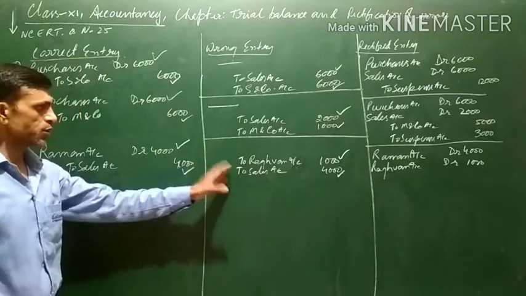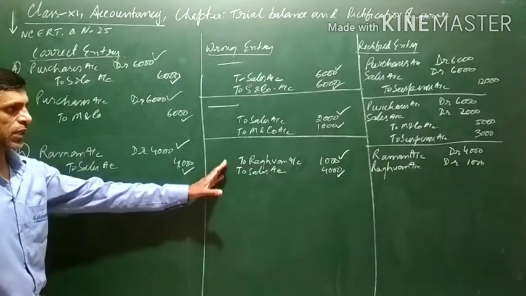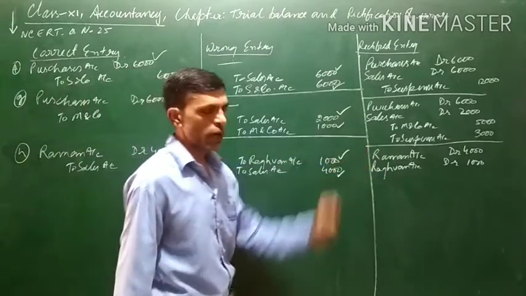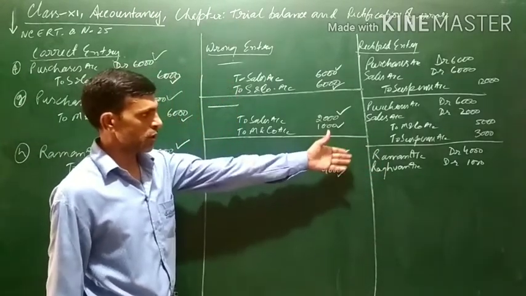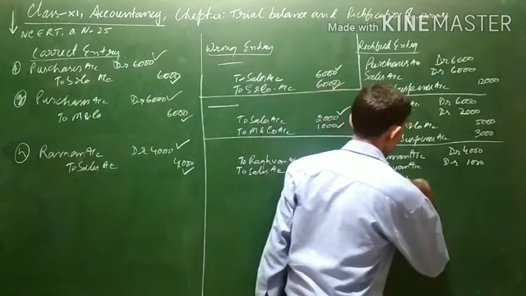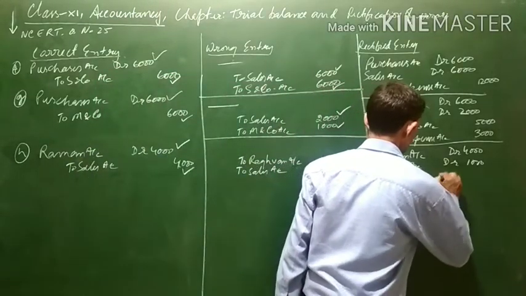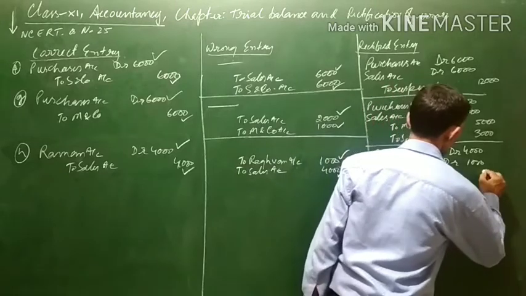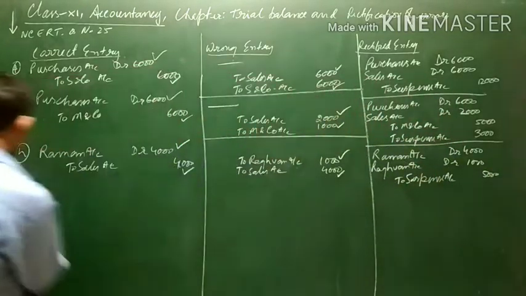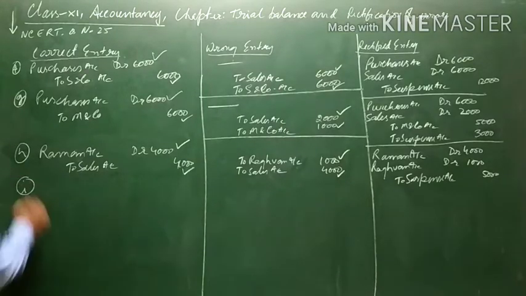Now all the 4 accounts which are recorded have been taken into consideration. The only thing left is, you can see the debit part is only 5,000, but there is no credit. So this balance will be transferred to suspense account. To suspense account 5,000. Now let us do one more part also.